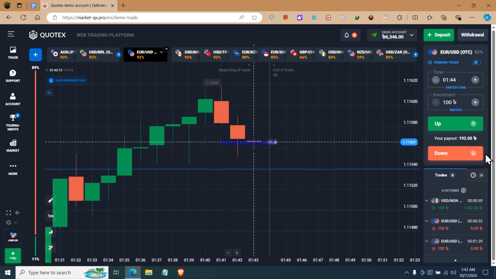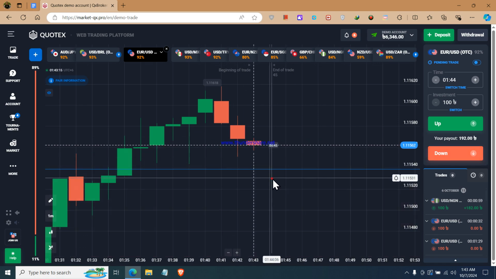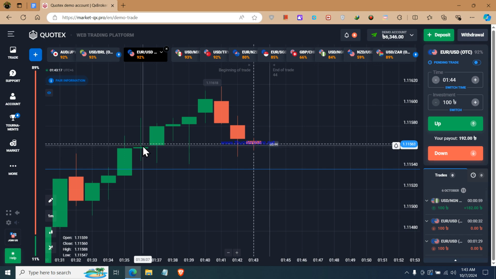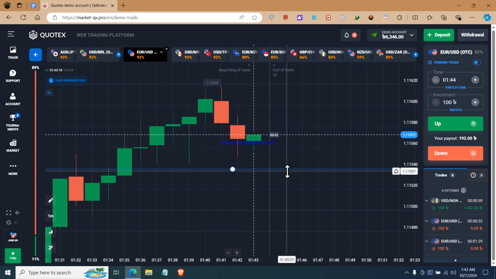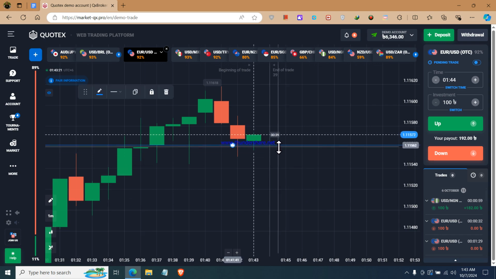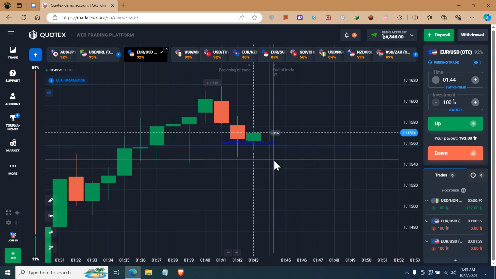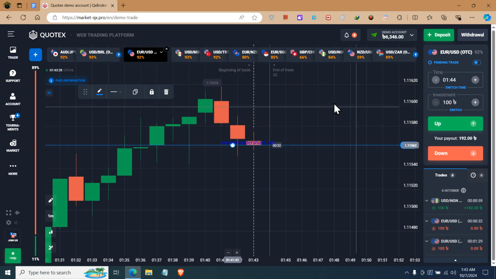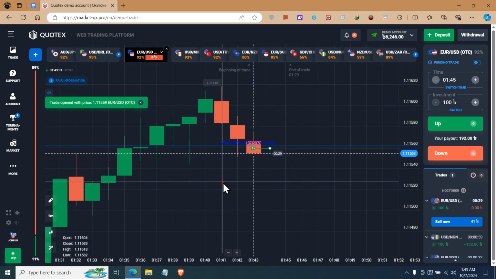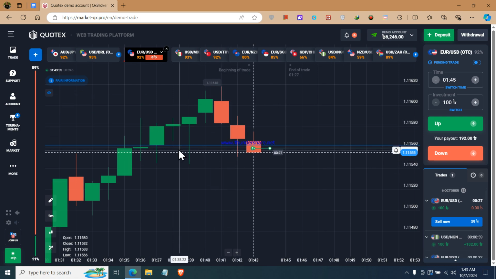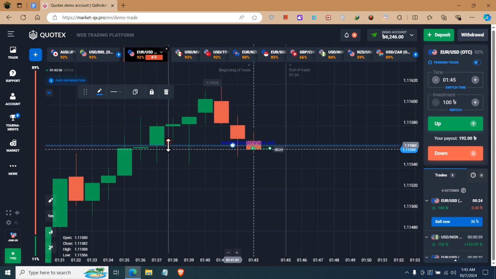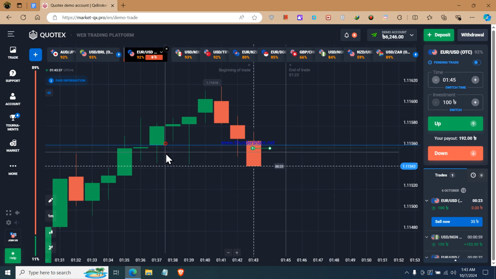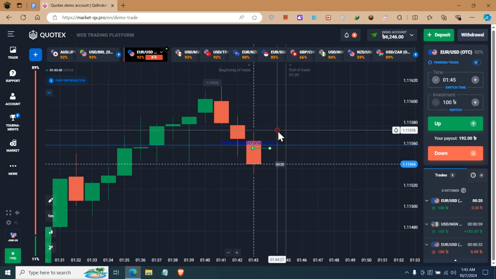I think I'm going to place my trade for the down option here, but I see buyers' entry from this gap point. So yeah, I'm not really sure what this candle will be. Okay, if this candle goes below this point, I'm going to place my trade. Okay, I placed my trade for call direction below this level, this gap level, but they're making a very big red candle right now.